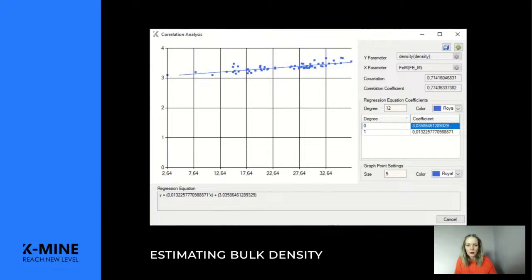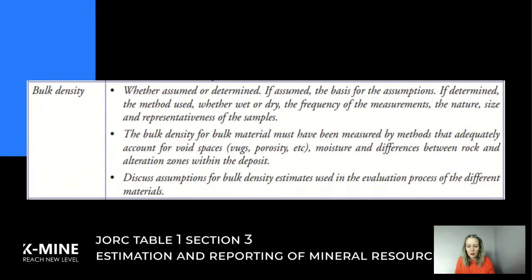Typically, the number of dry bulk density samples ranges from less than 200 to several thousand, depending on size and type of the deposit. The proportion of dry bulk density samples to the samples collected for estimating metal grades varies from 5% to 96%. So let's look at JORC Table 1, specifically Section 3 on estimation and reporting of mineral